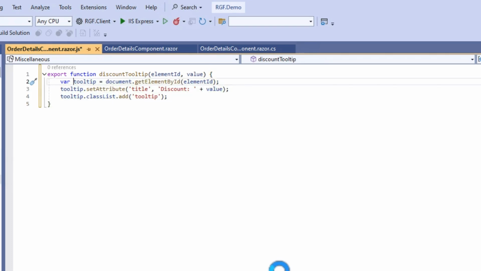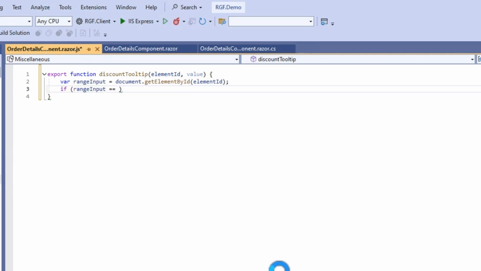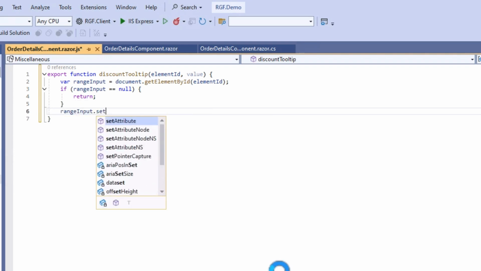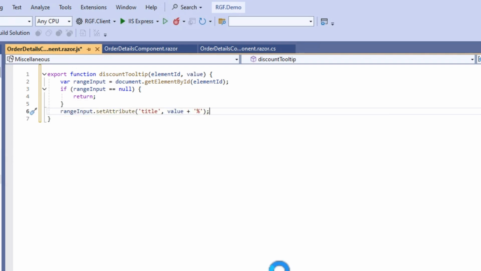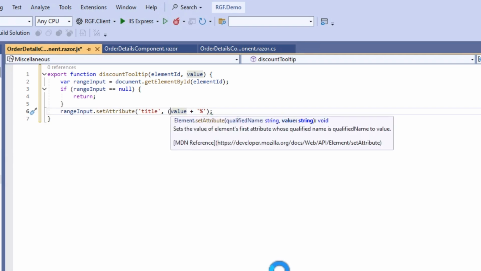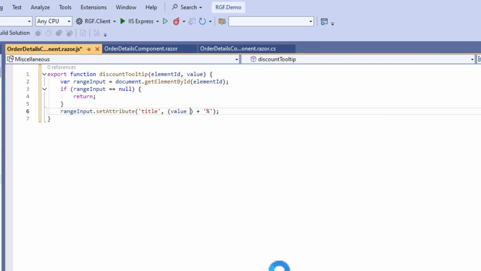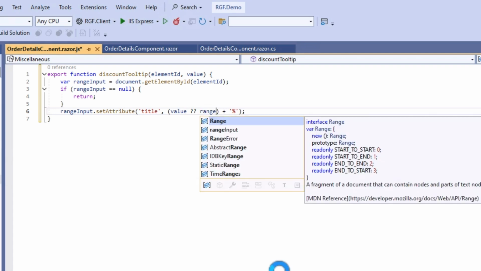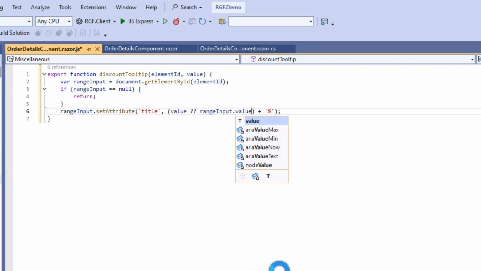I will find the HTML element. This will be the range input. I will set the title. I will format the value a bit.